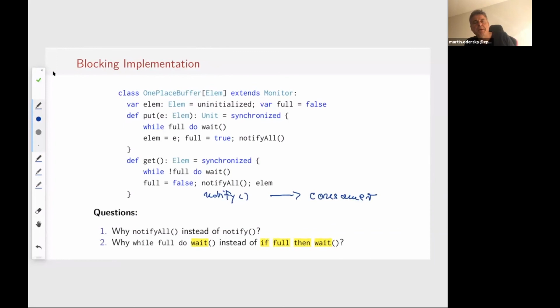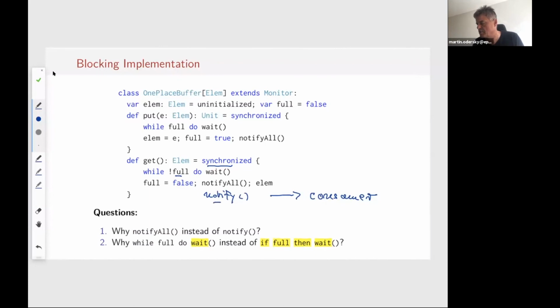So there might be multiple consumers as well as multiple producers waiting to enter the monitor. How could multiple consumers wait to enter the monitor? Well, essentially, there's this synchronized here, so they might just arrive slightly afterwards and want to enter the monitor. Or they piled up from an earlier time where we didn't have enough elements, and now we have 10 consumers waiting, and then one consumer got in and got the first element out after a producer.